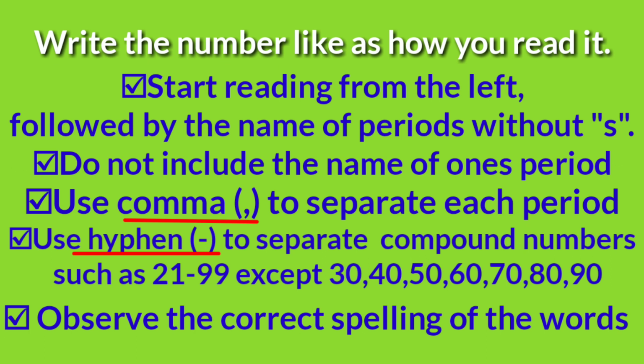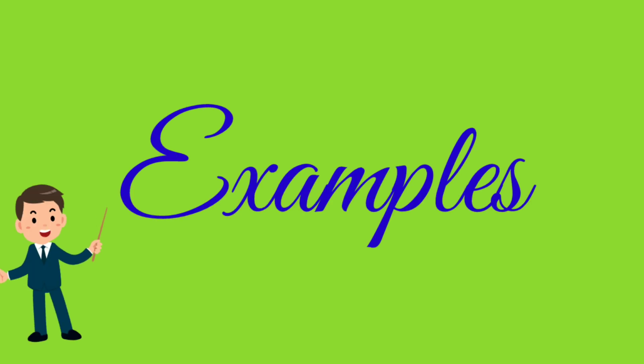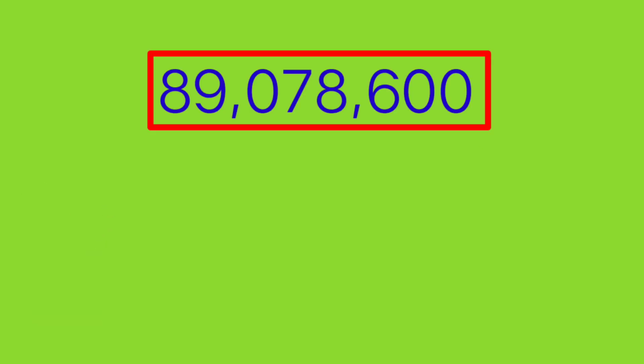Use hyphen to separate compound numbers or the two-word numbers such as 21 to 99, except the numbers 30, 40, 50, 60, 70, 80, and 90. And then lastly, observe the correct spelling of the words. Okay, now let us apply the rules in our examples. So, first we have